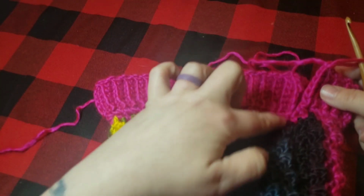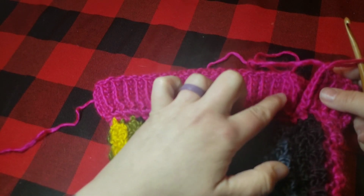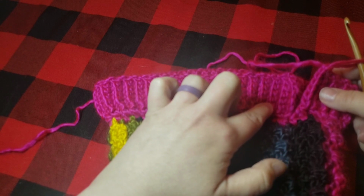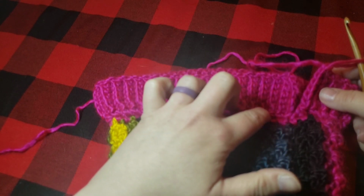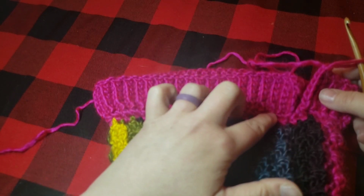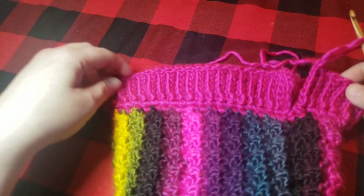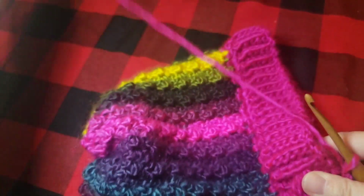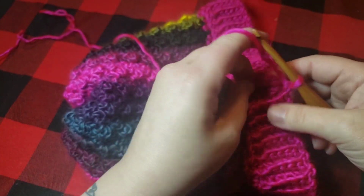Another way you can do this is, instead of starting in the one that we're coming out of when we do the 2 together, you just put 2 together next to it. So you start in the one next to it, and the one after that, you put those 2 together, and then it'll bring it in a little bit more. But I like the flop. I like doing things a little different. So I wanted a little bit of a floppy brim to go with this one because the colors just called for it. So anyways, you're going to do that chain 1,